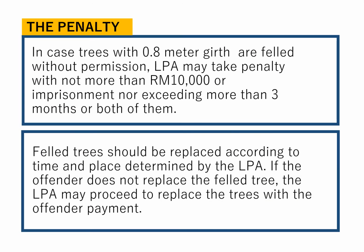We still have to have development projects because of the urbanization process, because the population keeps increasing, but at the same time we have to preserve the trees yang hampir pupus ataupun trees yang memerlukan perlindungan for the future generation. Even though sekarang pun awak dah tengok banyak jenis-jenis spesies pokok yang dah pupus, banyak spesies even haiwan ataupun flora and fauna pun banyak dah pupus. So what will happen in the next 5 years if our future generation dah tak ada kesempatan untuk see